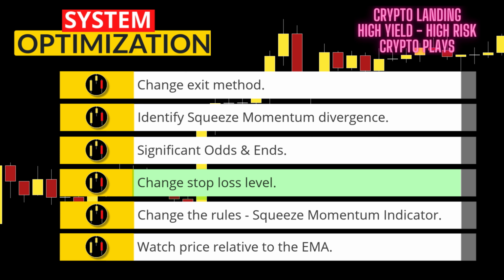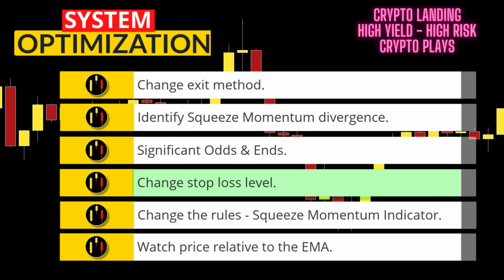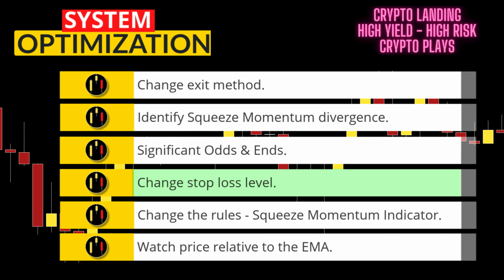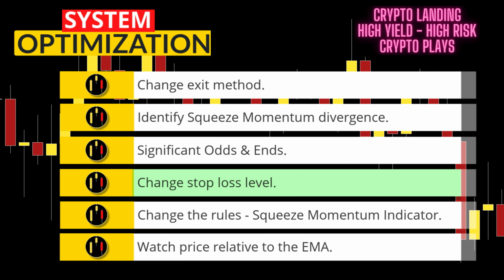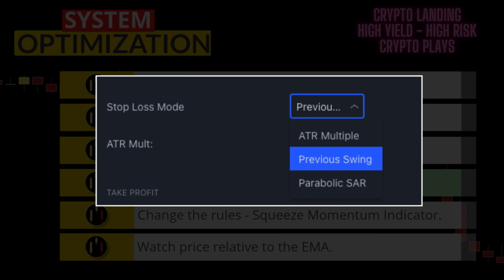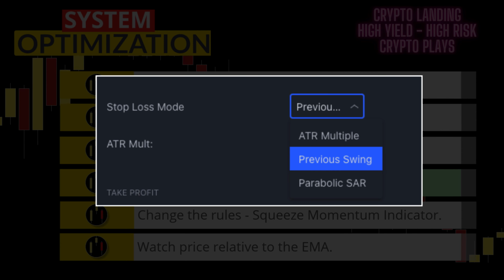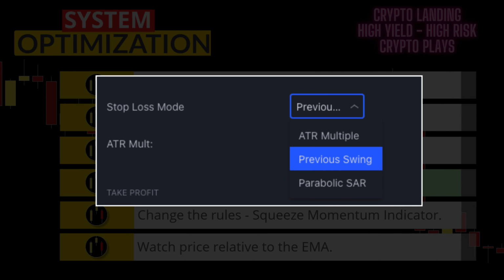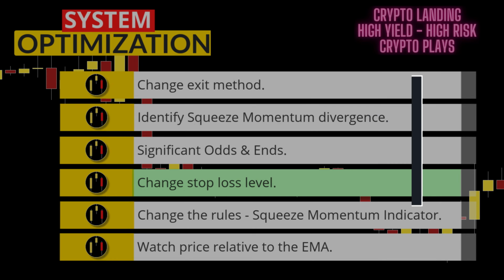Fourth, using different stop-loss methods can be helpful to set closer profit targets or, conversely, give the market more room to gyrate, specifically by using an ATR multiple or the parabolic SAR itself as the stop-loss level. Both are options in the trading strategy, but certainly can be implemented manually too.